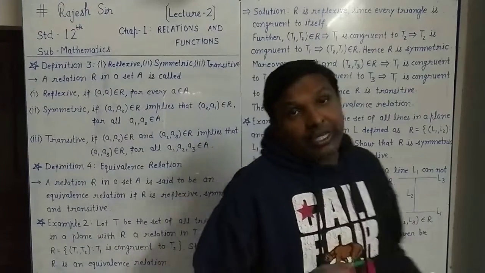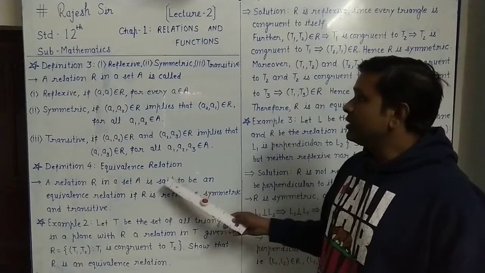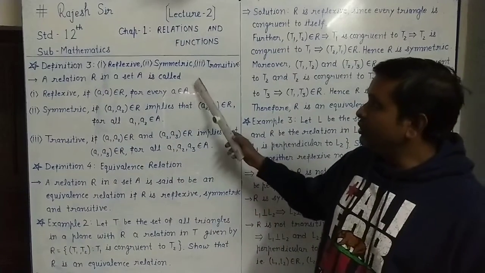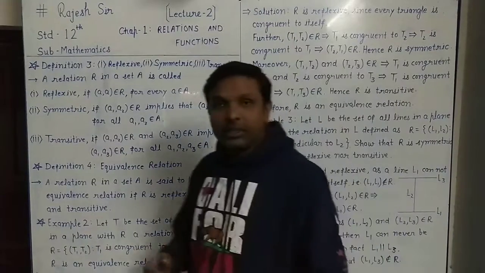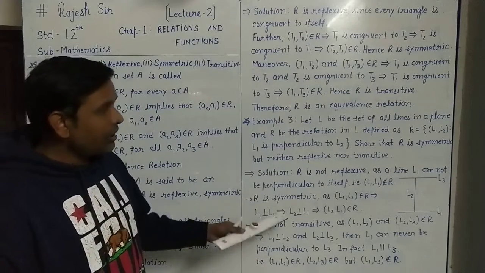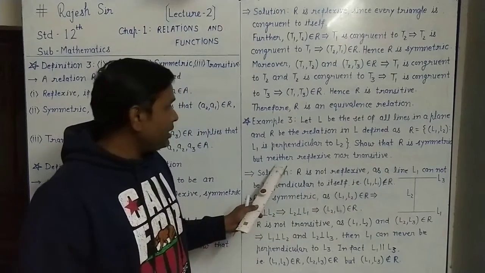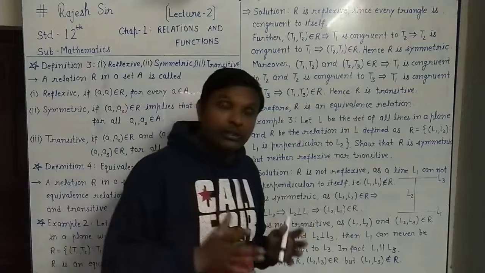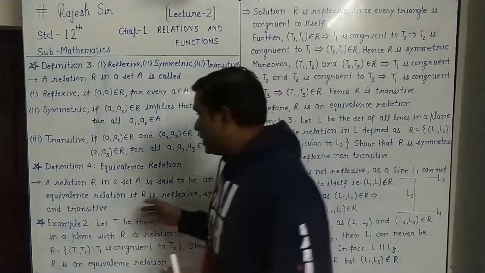So in this lecture, we have understood the most important relation, the equivalence relation. For being an equivalence relation, reflexive, symmetric and transitive, all three must hold. We defined these three first, and with the examples we understood when we can say it is an equivalence relation and when we cannot. In example 2 it is an equivalence relation; in example 3 it is not, and only symmetric holds there, with no reflexive and no transitive. So this way you understand the equivalence relation: first write the definitions of reflexive, symmetric and transitive, and then do these examples.